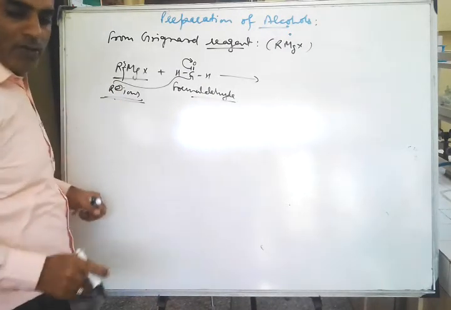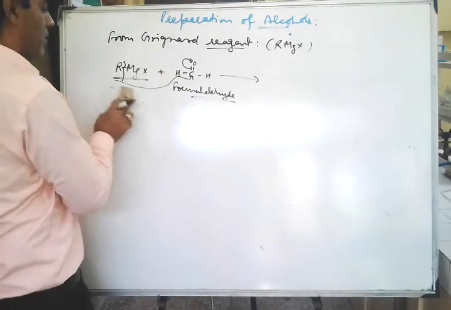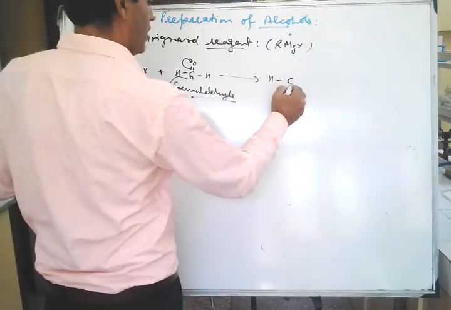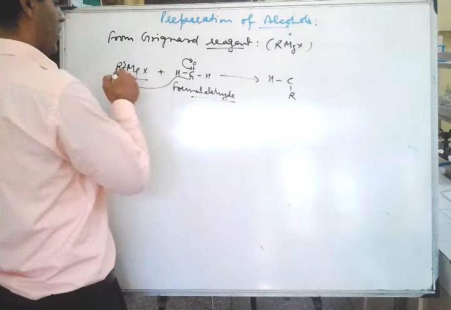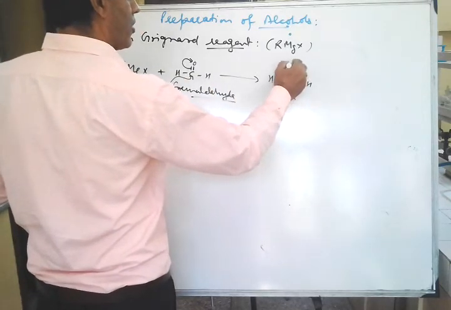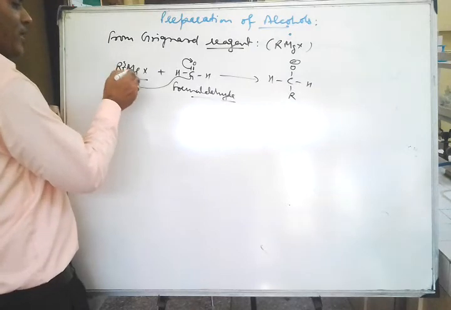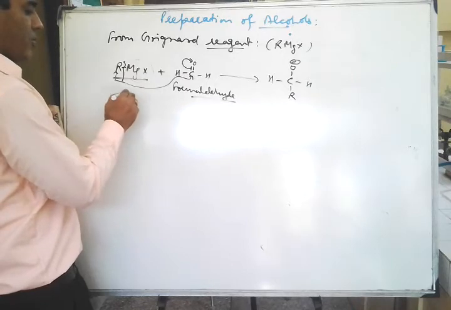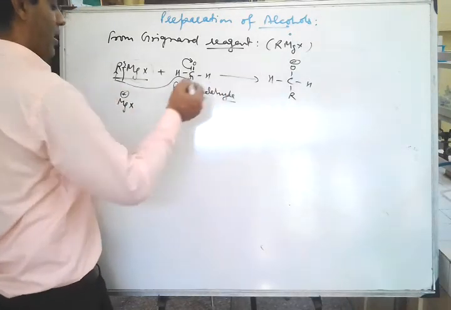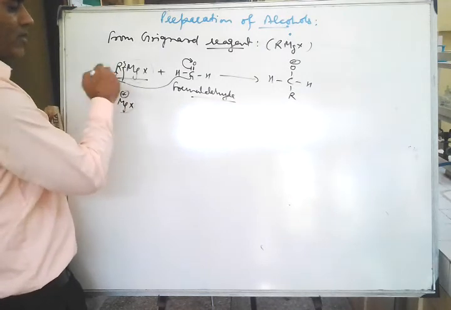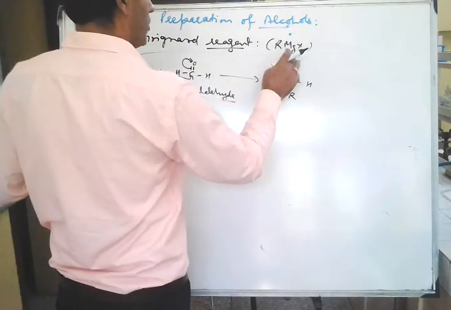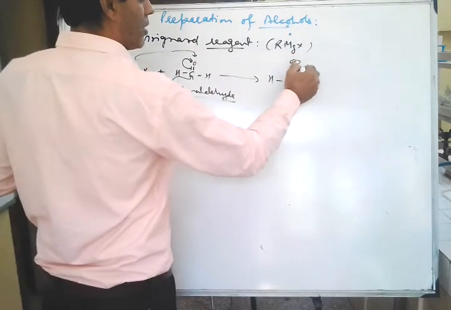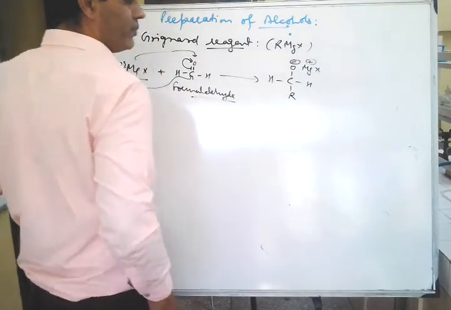So you can show it like this also. That is, this R will attack this carbon atom. So what will you write here? Here, this carbon is bonded with R and then H, and here is O negative. When this R negative is released, the remaining part will contain a positive charge, that is MgX positive. So this negatively charged oxygen atom will attract this part of the molecule. So you can write it here, MgX positive.